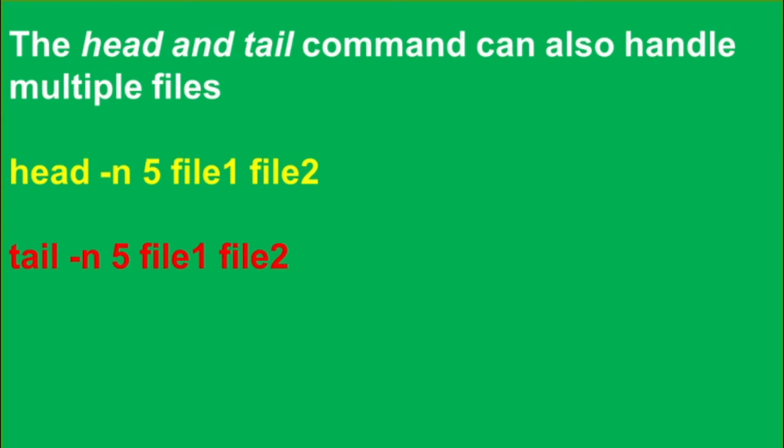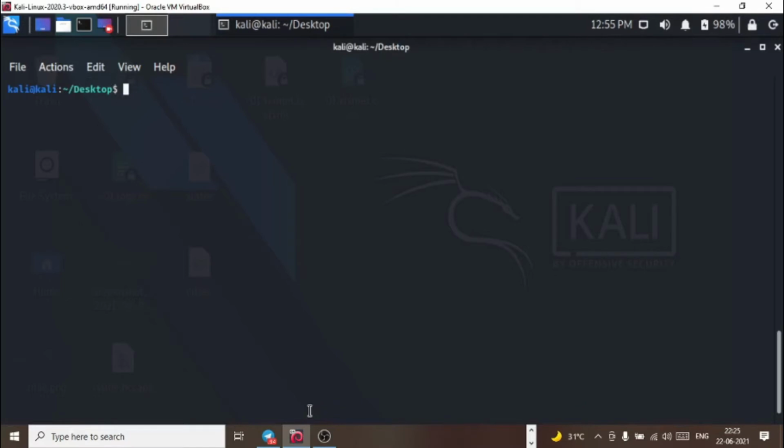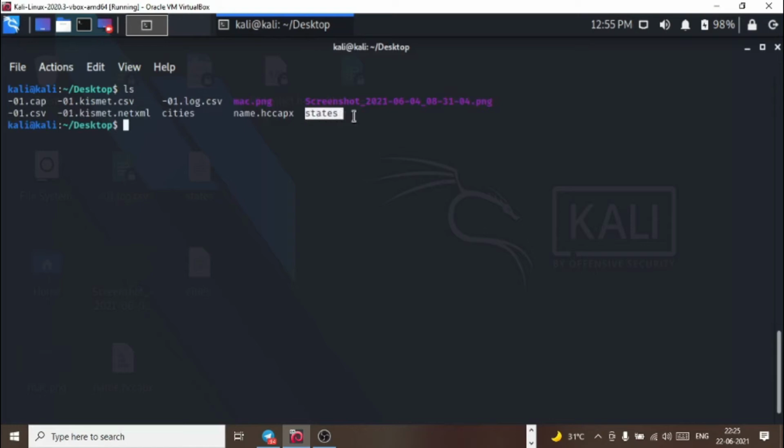Let's perform the practical. So start your Linux machine and open the terminal. First check the files with the ls command. We have two files, states and cities. We are going to use these two files in our example.